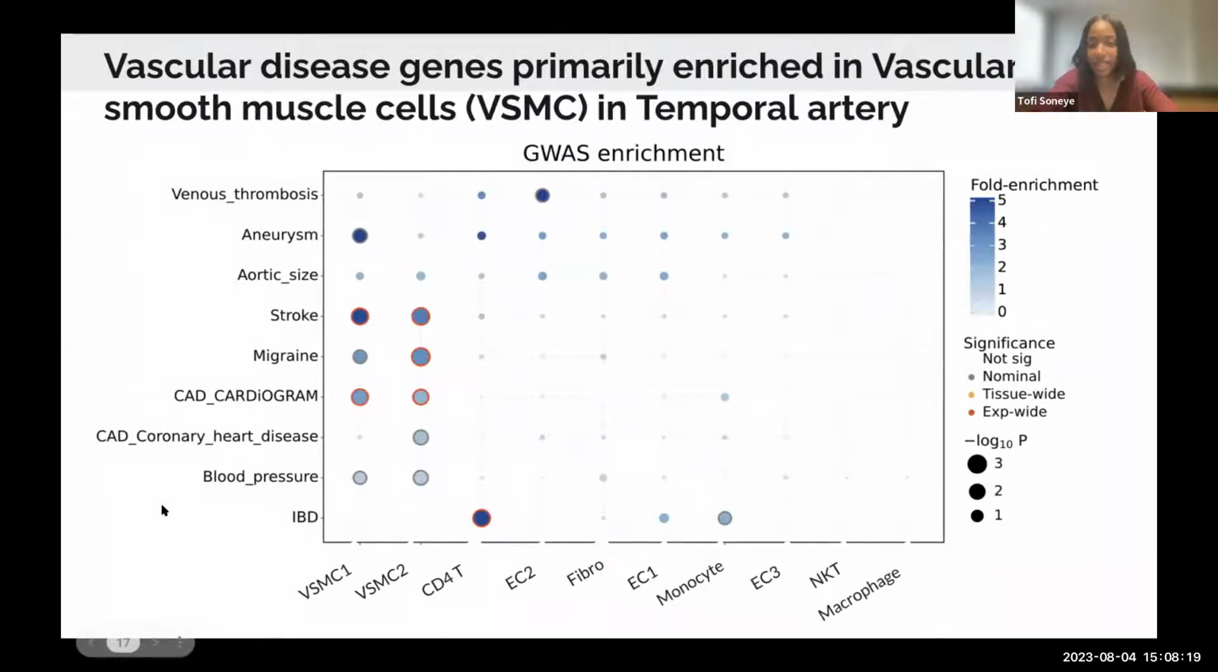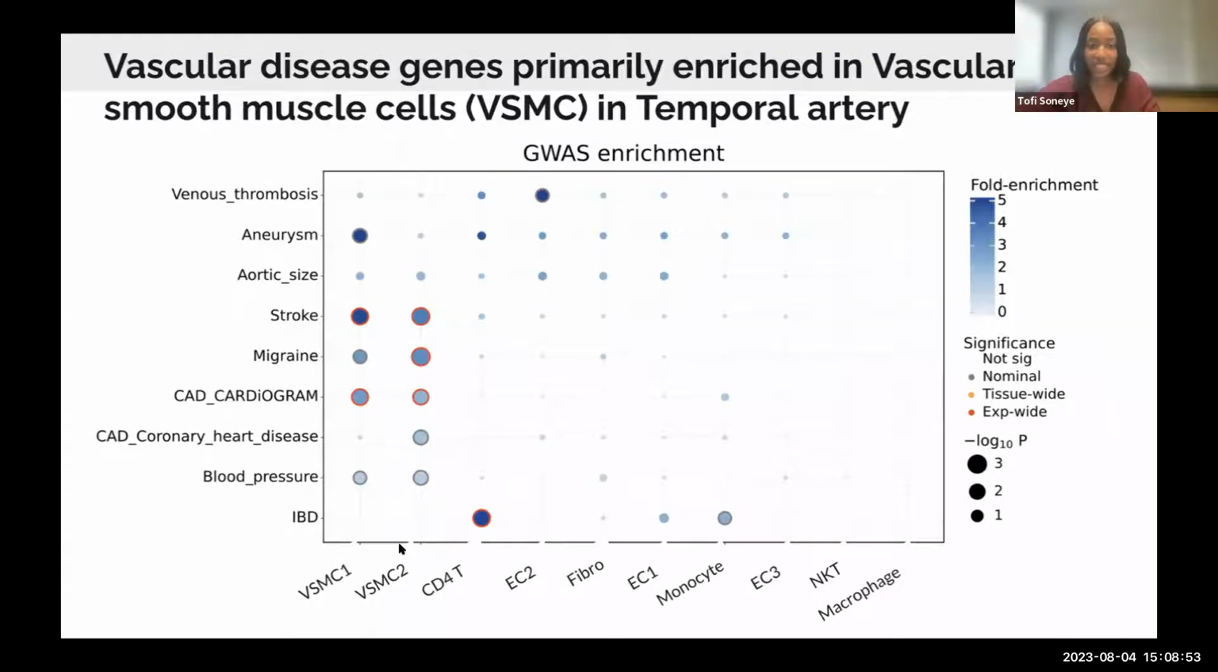And here is a bubble map showing the genes that are primarily enriched in some of the vascular cells and the remaining cell types. Here we can see that the vascular smooth muscle cell actually had the most genes that drove enrichment in the various vascular diseases and traits we studied, like stroke, migraine, blood pressure. And interestingly, the